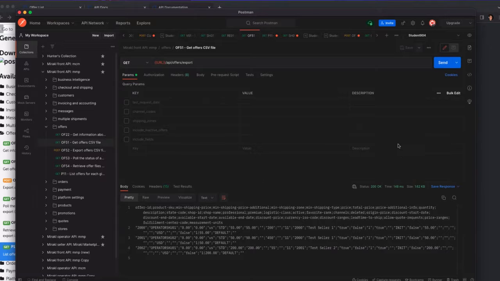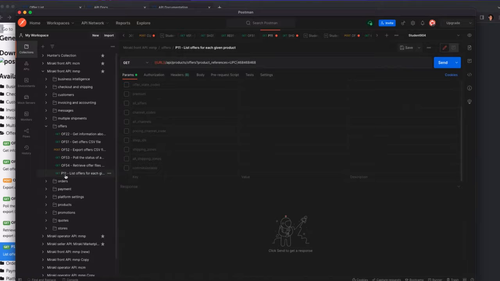So something I want to also touch on here that will carry over to P11, because we do need to provide the product SKU for P11, I can see that the second field in each of these lines is the product SKU. And so I've got two different offers created for offer SKU 01. And so if I want to be able to just plug this in and not have to check back in my operator portal, I can just copy the SKU so that now, if I want to go to P11